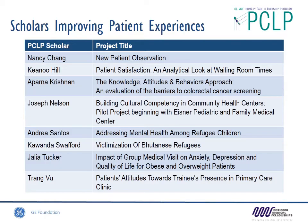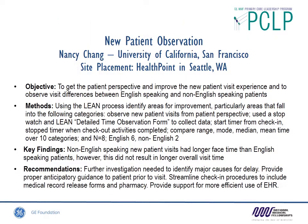Here are the scholars' projects focusing on improving patient experiences. This project is to observe new patient visits from start to finish. The objective is to identify areas of waste according to the waste categories set forth by Lean Management Guidelines created